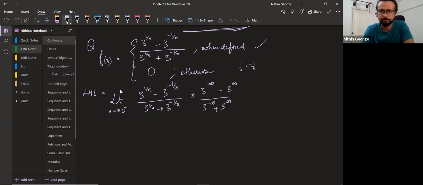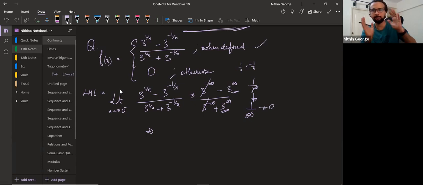What happens here? 3 power minus infinity is 1 by 3 power infinity is 1 by infinity roughly. Like a huge infinite value, which becomes 0. Right? So these values are all 0. So we get minus huge infinite value divided by plus huge infinite value. But this is not infinity as such. This is 3 raised to a huge positive value, which will be nothing but a huge positive value. Plus is on the numerator, minus in the denominator. So this comes out to minus 1.